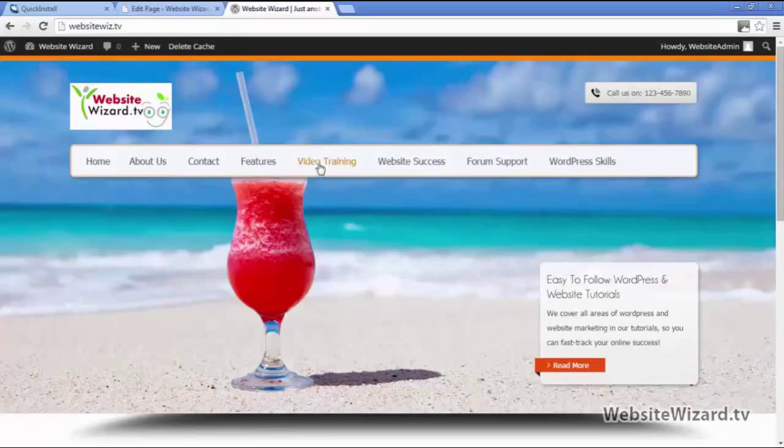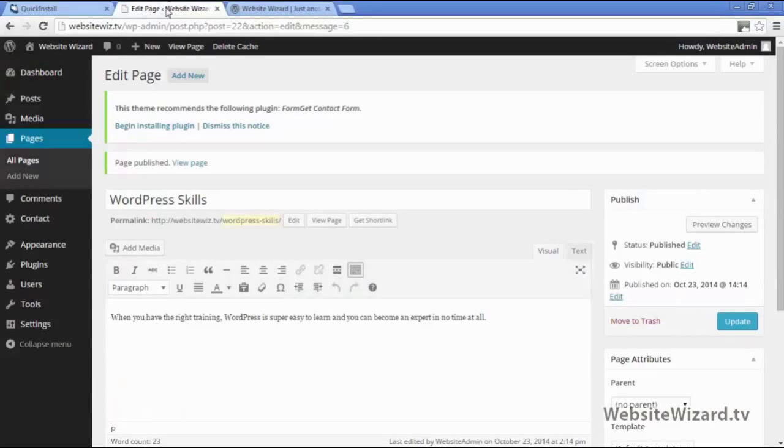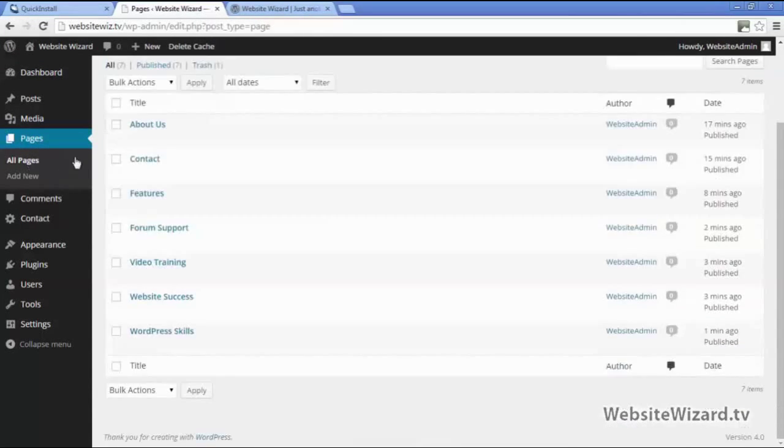So what I want now is I want these 4 pages here to be listed below this features page. So when you hover over this features page, it will display these 4 pages. So to do that, we need to make this a parent of these 4 pages. So go back to the dashboard here, and under pages, click on all pages here. So if we scroll down, this is the features page, and we want these 4 pages here being listed below